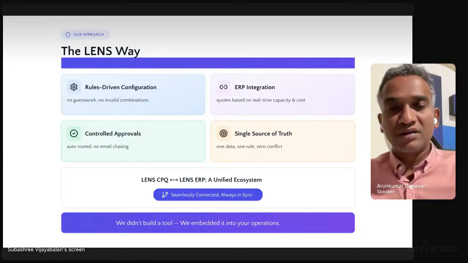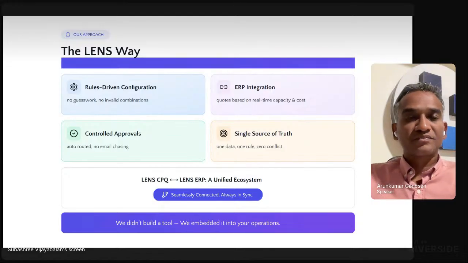All this can be integrated without code, right? And in CPQ, a very important thing is the workflows. Workflows bring in controls, especially when margins are getting leaked, and when we want to offer a quote with lower margins than the threshold, right?